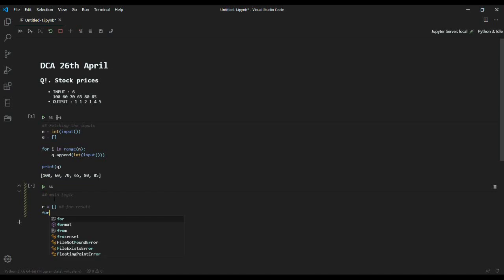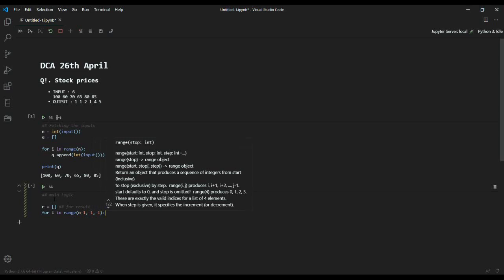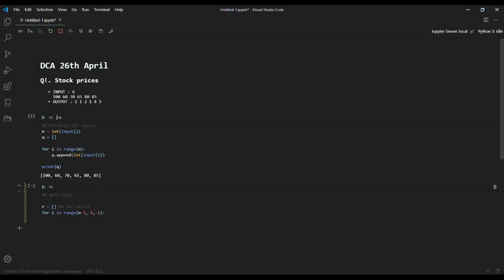So we'll be initializing a list r for the result, and now let's traverse our input, that is q, and we will be finding from the current day the consecutive days which have lesser stock prices, and we will be incrementing a count variable for that. Instead of going from the first, I started doing this logic from the back, from the end of the loop.